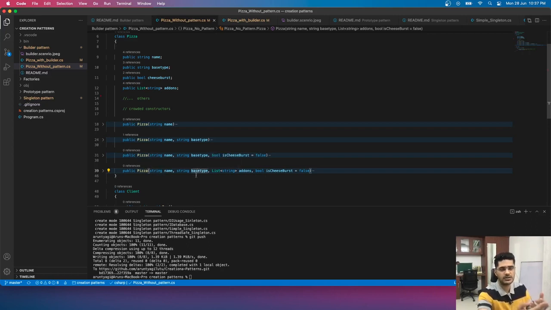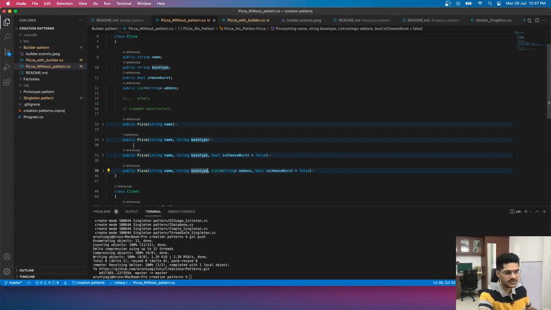In a lengthy constructor, if there are too many options of the same type, people can make mistakes, sending the wrong type in the wrong place. In place of a base type, I can send a name, or in place of a name I can send a base type, right? So it is very much error prone. You can get errors here for sure.